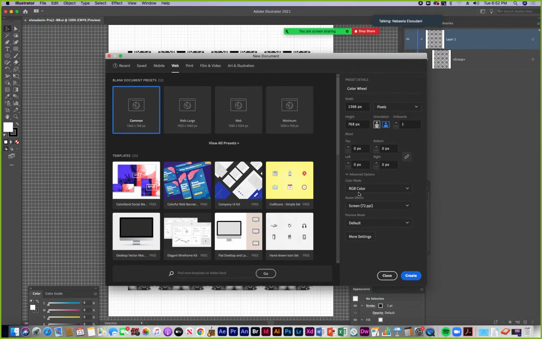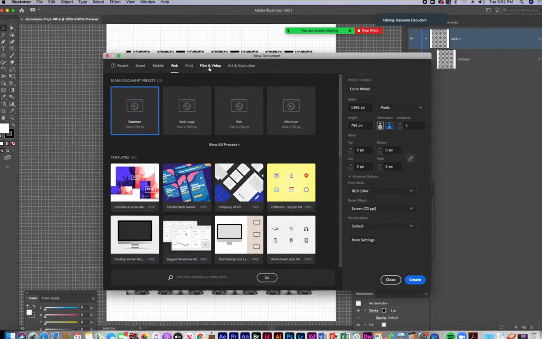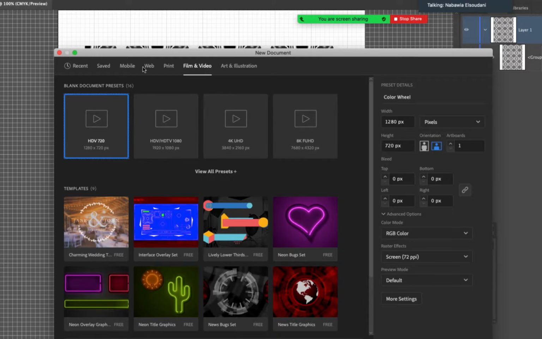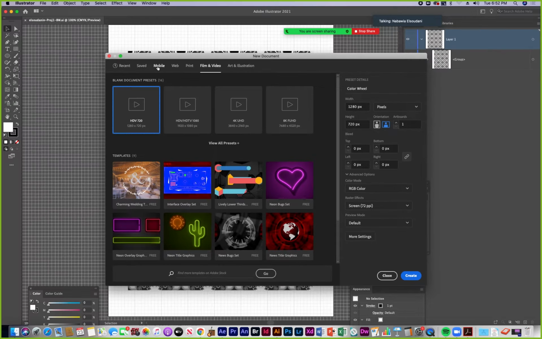So the swatches that you choose are going to be colors that look accurate on other monitors, most likely. The same thing goes for choosing a preset for film and video, or a preset for mobile devices. You're designing purely for the screen, so the color mode is set up to be ideal for designs on screen.